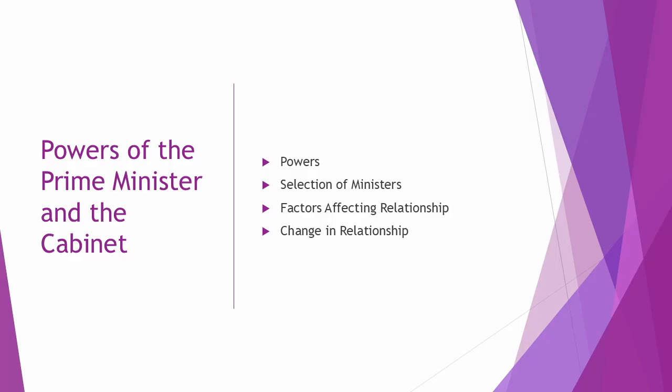The Prime Minister's leadership style affects the relationship because a dominant leader may centralize power, while a collaborative leader may share decision-making. The strength of the Cabinet influences the relationship as a united and influential Cabinet can limit the Prime Minister's authority. Party unity affects the relationship because divisions within the party can weaken the Prime Minister's control over the Cabinet. Media influence plays a role as negative press coverage can pressure the Prime Minister and affect Cabinet confidence. External events impact the relationship as crises, such as economic downturns or wars, can strengthen or weaken the Prime Minister's